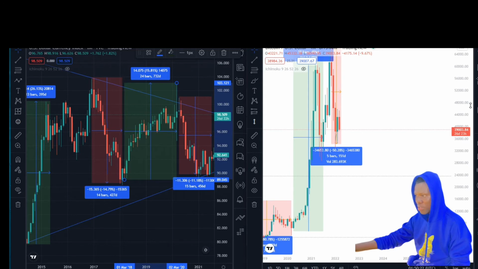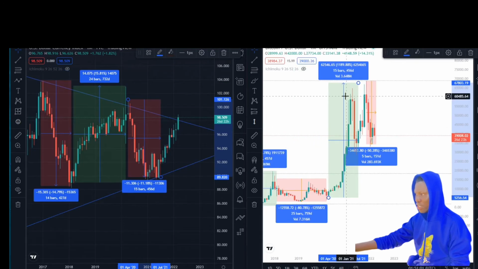And in that same period, when you come to our Bitcoin chart, between April 2020 to July 2021, Bitcoin was rising. Another negative or inverse relationship. And currently, you can see our DXY is going up and Bitcoin is coming down, which is telling you